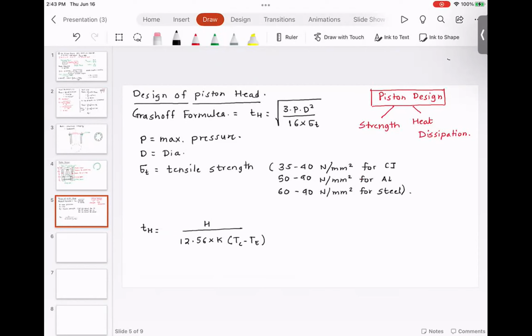Now, when we were going through the Lotus engine simulation software, we were looking at the heat dissipation inside the cylinder. As you can see, there were 3 combustion and heat transfer models that we looked at. But the textbook just provides one formula, which is one empirical formula where H is the heat flow through piston,